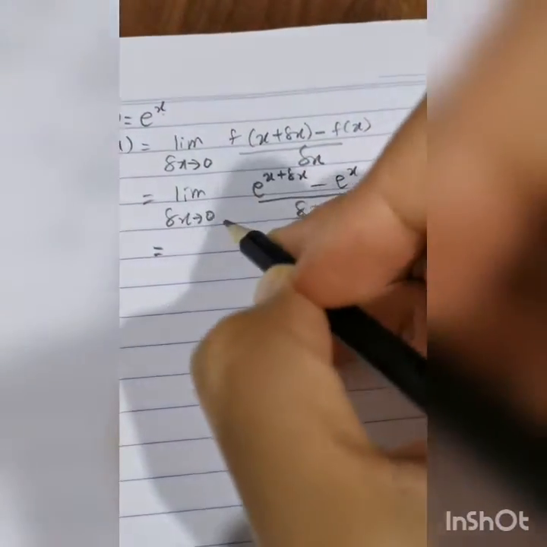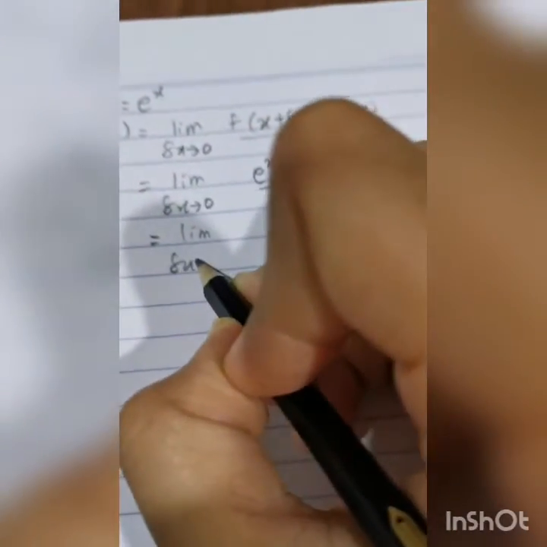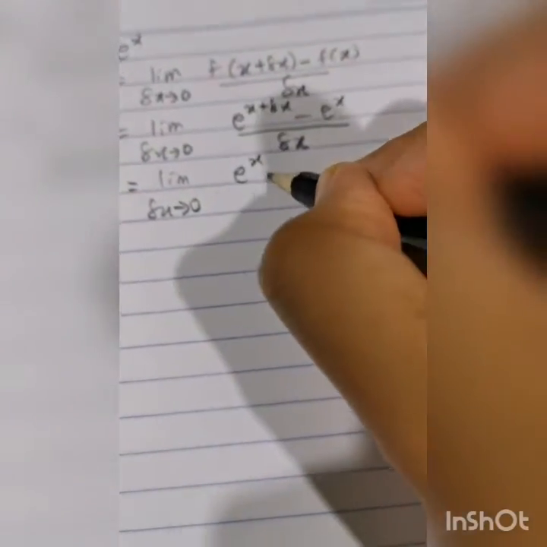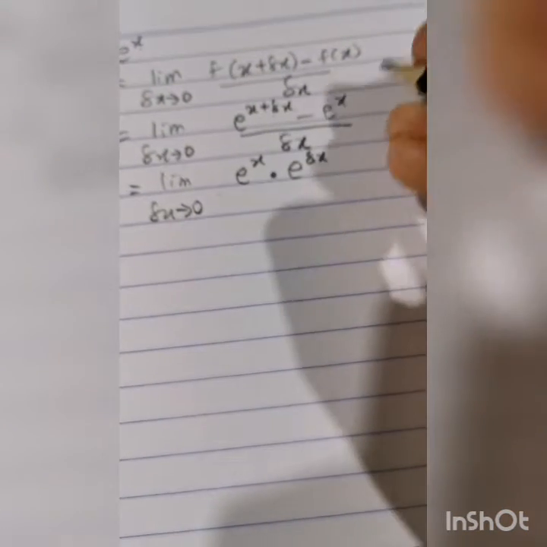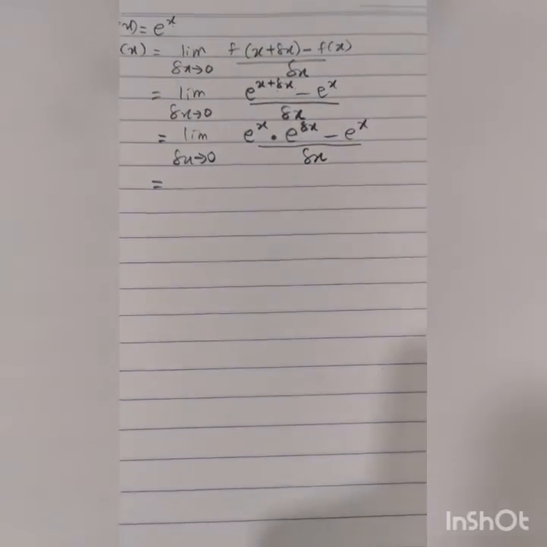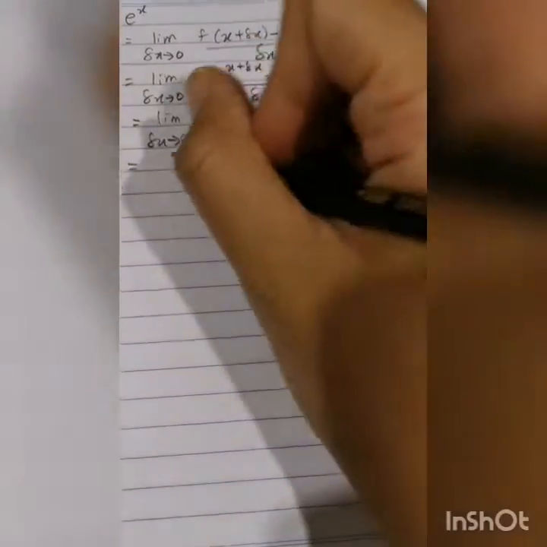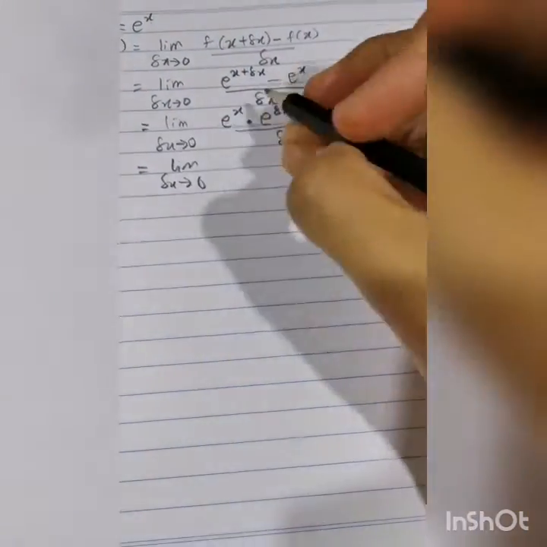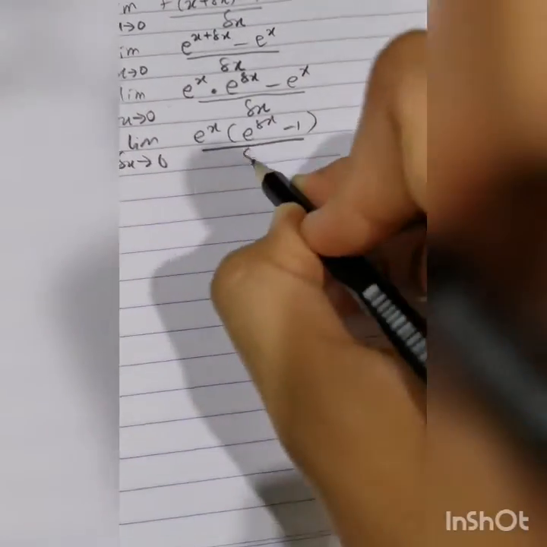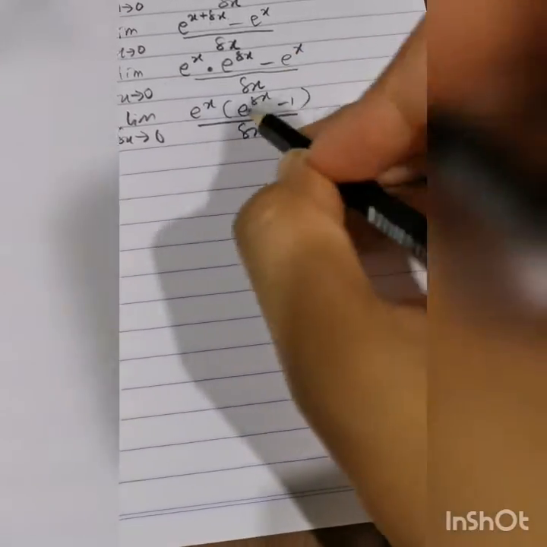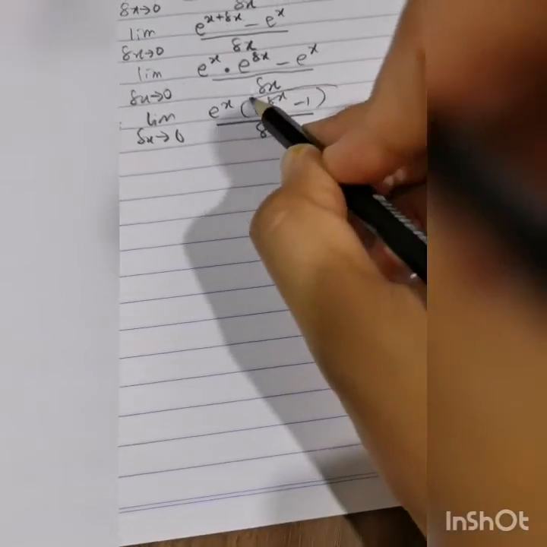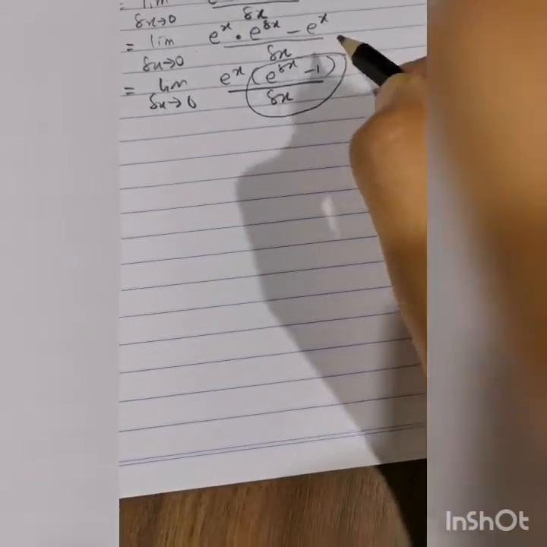So we get the limit as Δx approaches 0 of e^(x+Δx). We will get e^x times e^Δx minus e^x over Δx, which equals, we can factorize e^x, e^x times (e^Δx − 1) over Δx. So if we take the limit of (e^Δx − 1) over Δx,